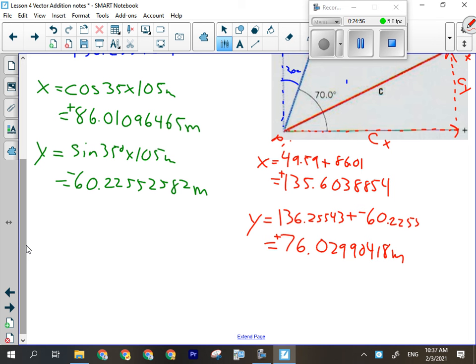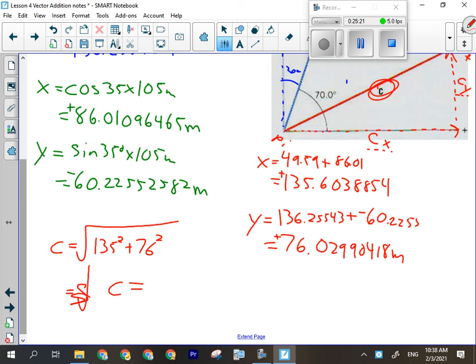Yeah, I can find C, right? I'm looking for this. I need the magnitude of my overall displacement, and I now know what this side and this side are, so I use the Pythagorean Theorem to get my overall displacement, or C in this case. So that'll be the square root of 135 with all the decimals squared, plus 76 with all the decimals squared. Okay, so C's magnitude will be